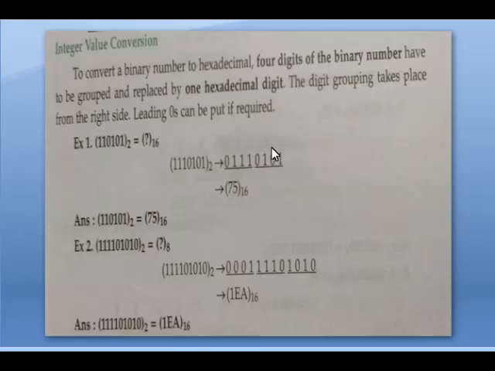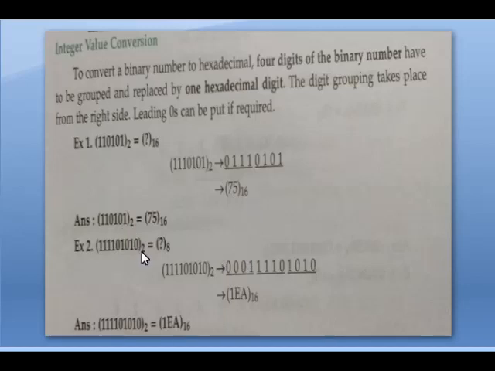So in your mind you have to keep the numbers 1 2 4 8. Here, in the ones place it is 1, in the 2's place 0, in the 4's place 1. So 4 plus 1 is 5. Here it is 1 1 1 0, means 1 2 4 8. In the 8th place it is 0 and all the others are 1. So 1 plus 2 is 3, 3 plus 4 is 7. Like this you have to find out the answer. It is very easy, you know. So this is example number 1.